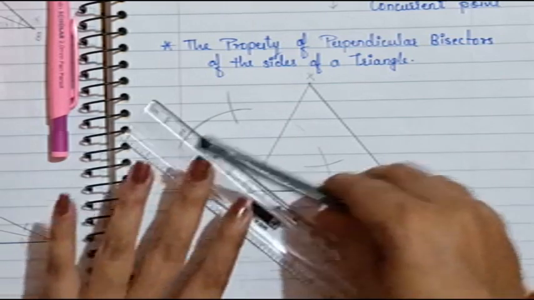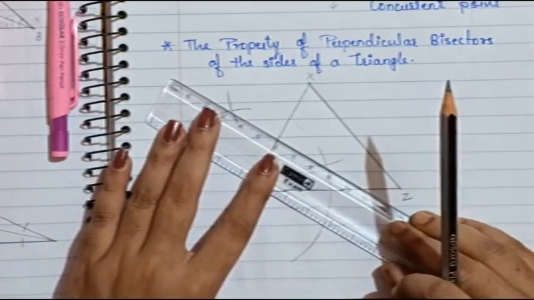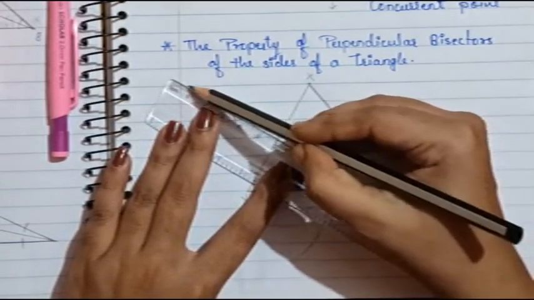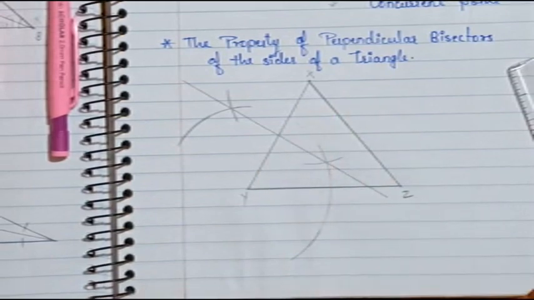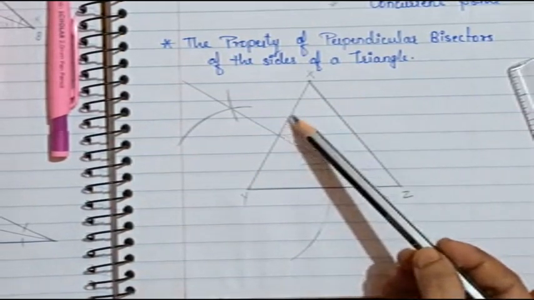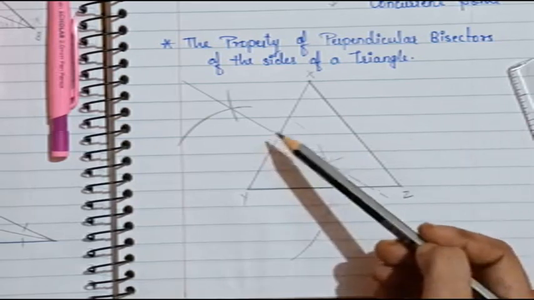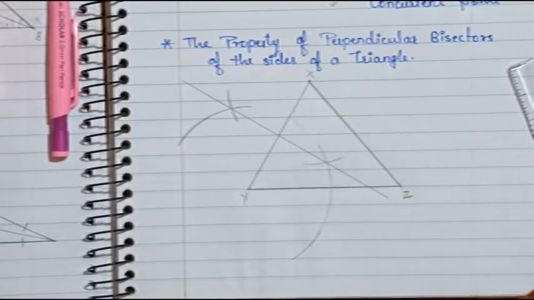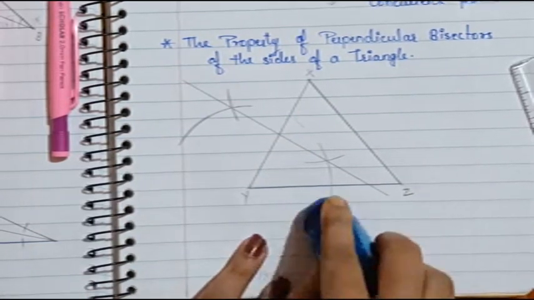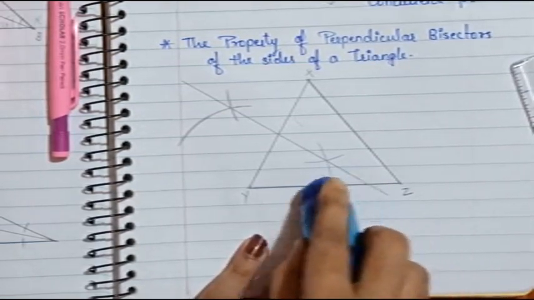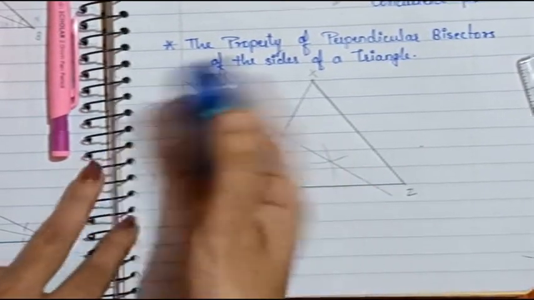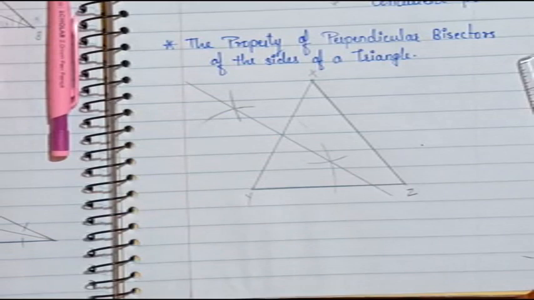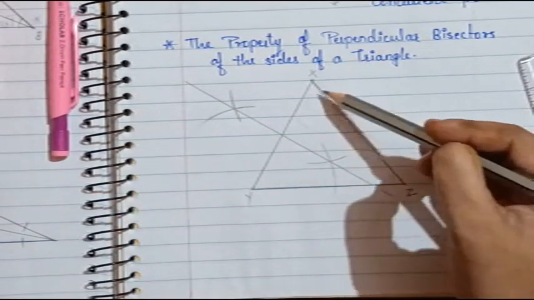So now we will draw a perpendicular bisector, a perpendicular line through both the arcs. Is that clear? So now this side is being divided into two parts. This side is divided into two parts. Is that clear? Now this side is perpendicular bisected. Now students, here this arc is very big, so I'll erase the remaining part of the arc and make it a lesser arc. From this side also I'll erase it a little and it looks similar. Okay, now students, we are now going to bisect this side.